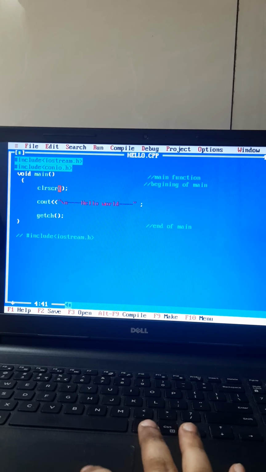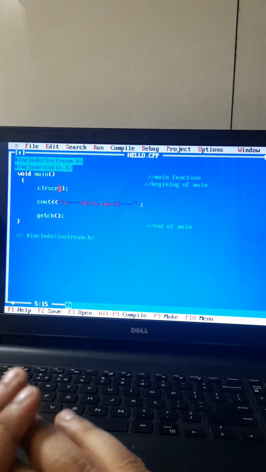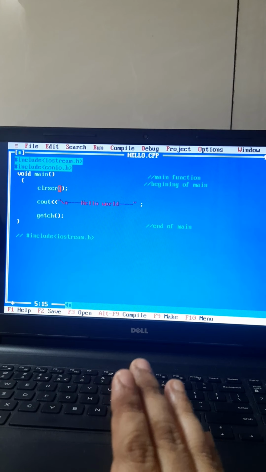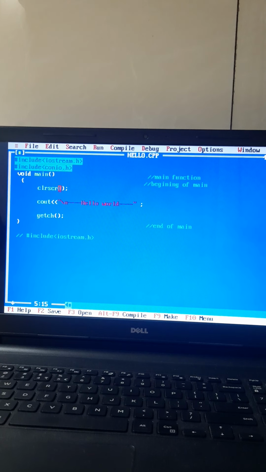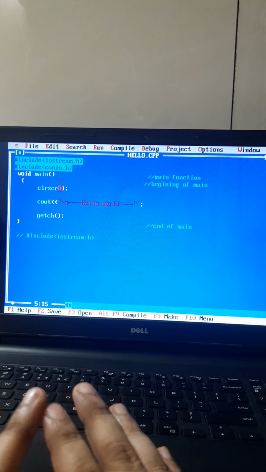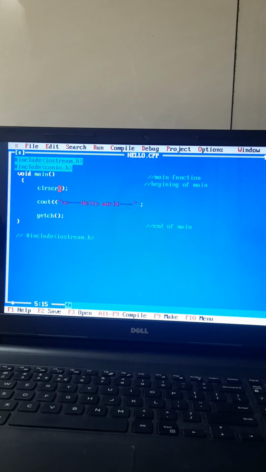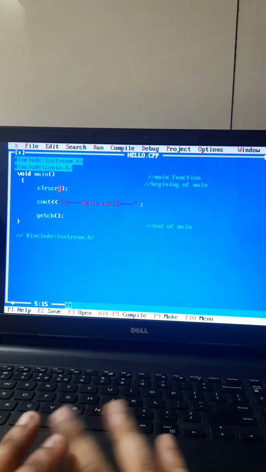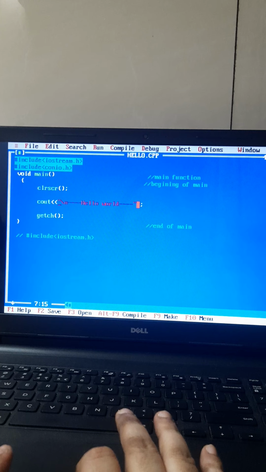Then in that main block I have written clrscr. In my PowerPoint presentation lecture regarding this very first program, I have already told you about clear screen: it will keep the output monitor screen ready to show output for this program. Whatever content was executed beforehand will be removed. Then we have cout hello world. This is just a statement, a simple string written in double quotes, so it is in red color.